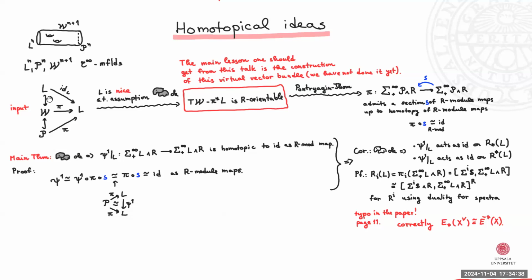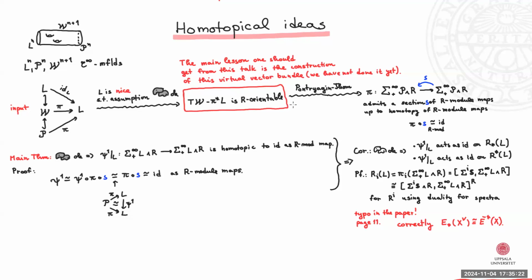So our input is this diagram, and L is a nice Lagrangian, and it's nice enough so that the elephant in the room is fine. We will construct a stable normal bundle of P in this cobordism. It is not really a normal bundle, it is a stable normal bundle of P. And it is equal to this virtual vector bundle. And with this condition of L being nice and the elephant being fine, this virtual vector bundle is going to be R